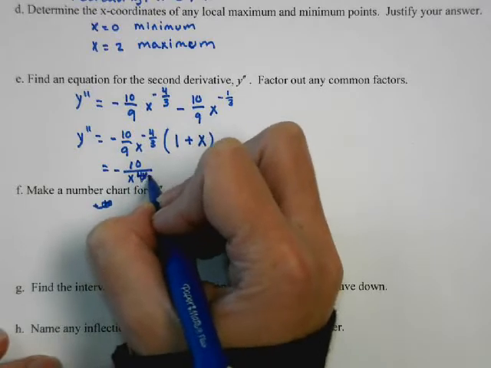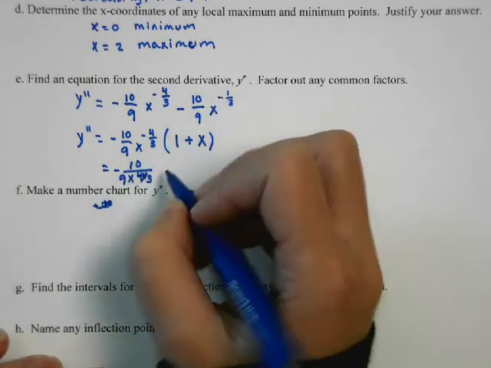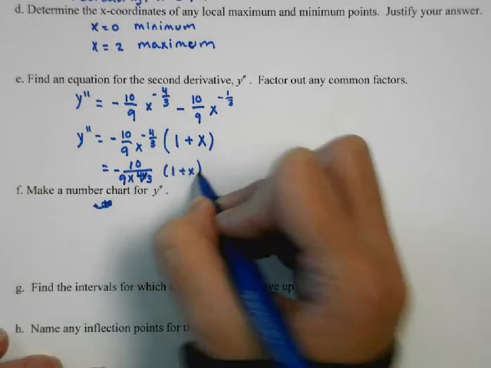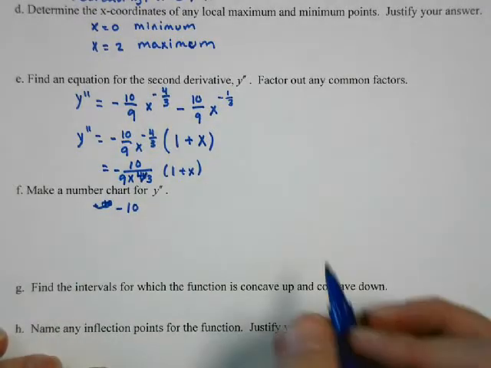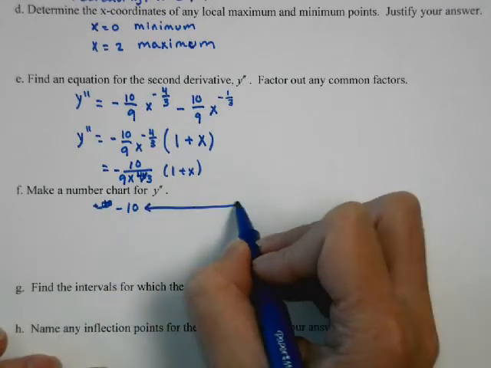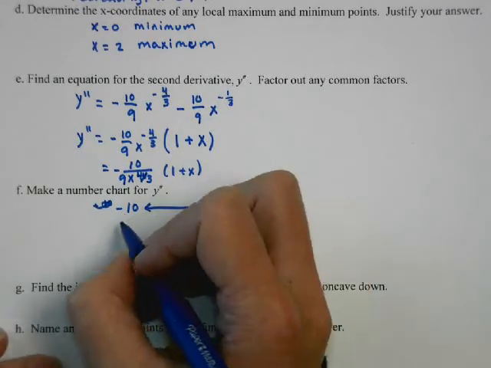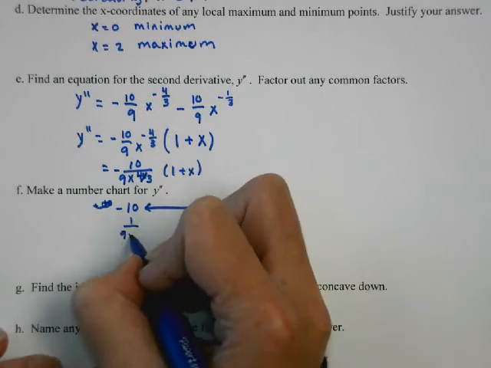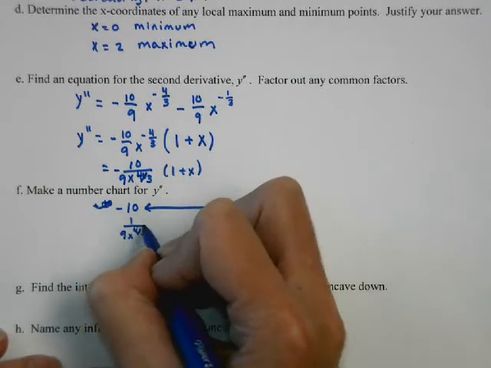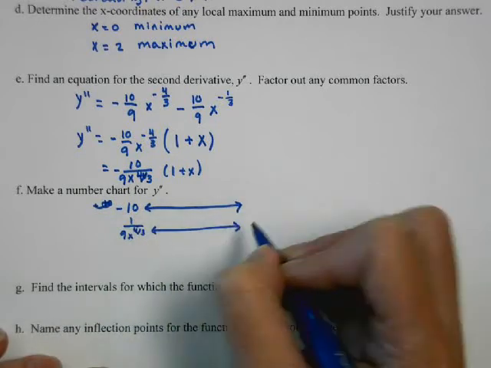So I'm going to do a number line just for the negative 10. I'm going to do one for 1 over 9x to the 4/3. I'm going to have 1 for 1 plus x. And then finally 1 for